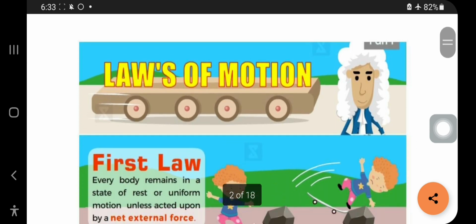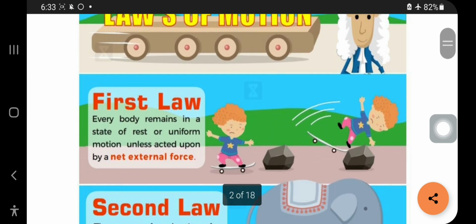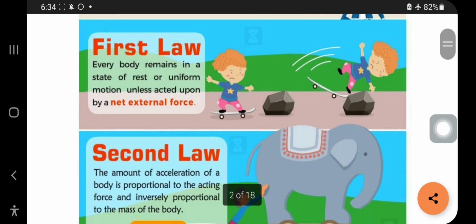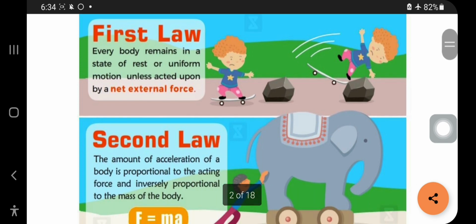We are going to make the first video. Before moving on, we will see the laws of motion, the three laws given by Newton, which will be helpful for you. The first law is every body remains in the state of rest or uniform motion unless acted on by an external force. So if some object is moving without any external force stopping it, it does not stop. You may think that if a toy is moving without external force there will be no stoppage, but as there is air force against it, there is stoppage. So it's not directly applicable on the earth because there are some external forces acting.